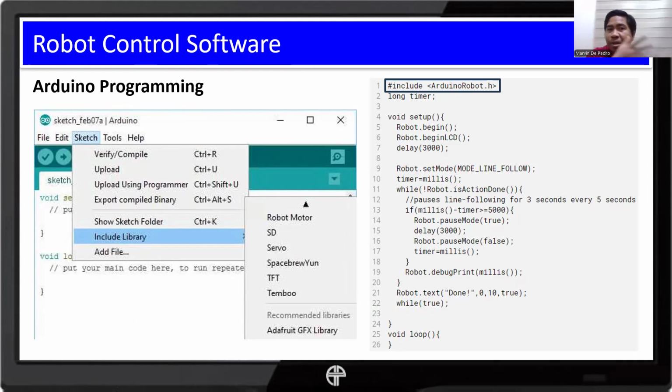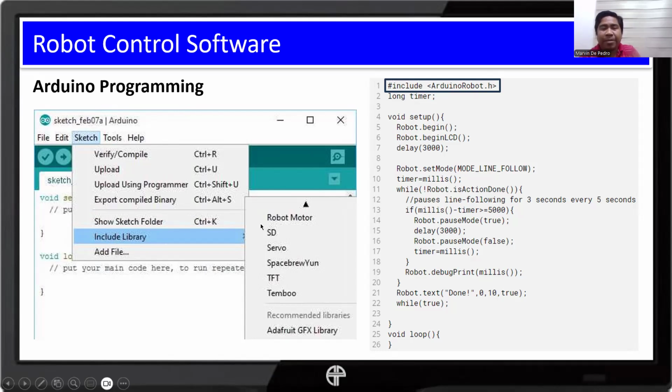In addition to those concepts, I'd like to give emphasis on the concept of libraries. In the Arduino IDE, you can simply go to Sketch or Tools, and look for the include library or manage library. I guess that's the name in the newer version.